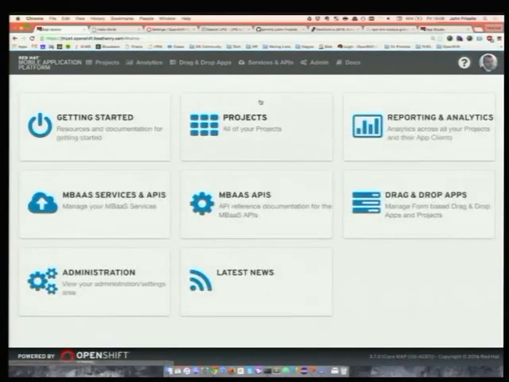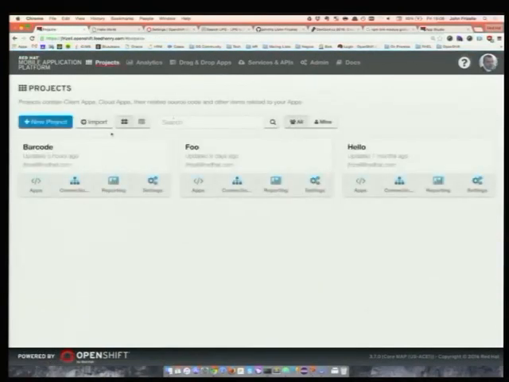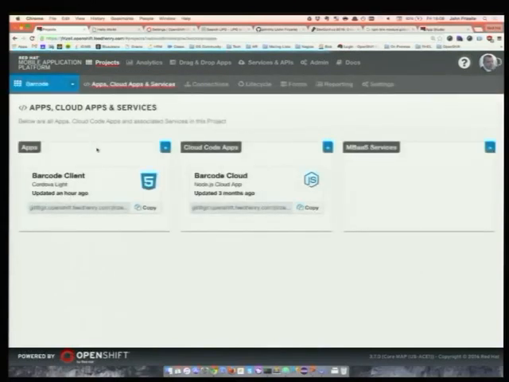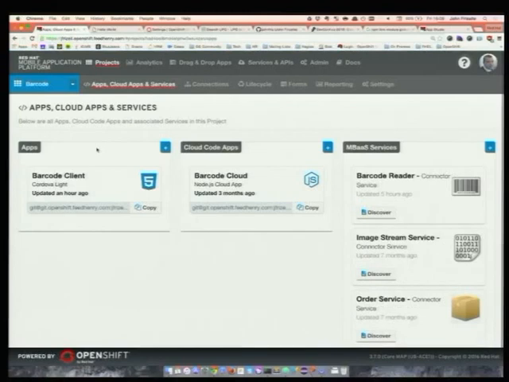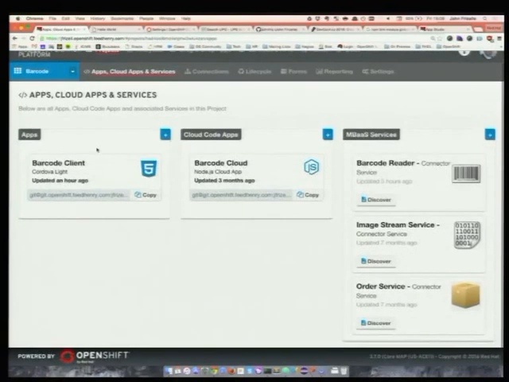Okay, so back in projects, as I said, the application we're going to play with here is a barcode scanner application. And this is the screen that we saw in the final slide of the presentation. So we can see that we have a Cordova application here, Node.js API server, and 3 Node.js microservices.